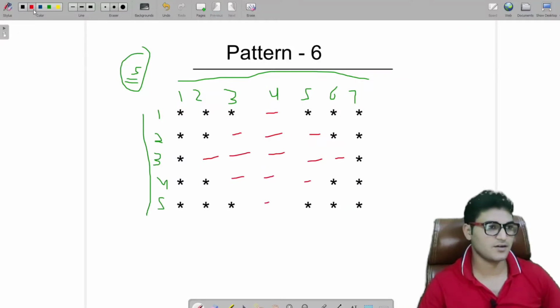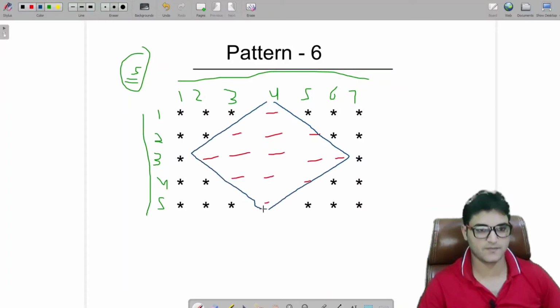If you carefully observe this, we have already drawn that pattern in my previous video also. We have already seen how to draw this. If you look carefully, this is the exact reverse of the previous one which we did in our previous lecture. Fine. So we need to think about the number of stars and the number of spaces. This is the only trick which I have shared with you in my previous videos, and this trick will help you to draw any kind of pattern. Don't think too much.